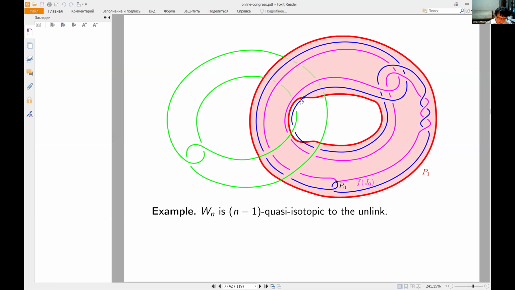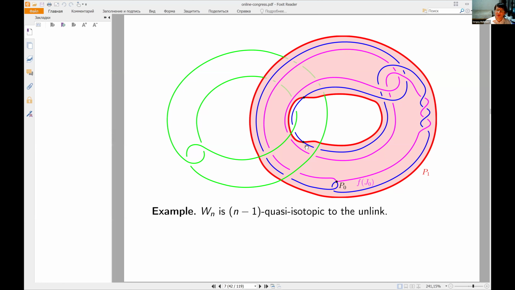So I leave a small arc out of it because I want to have arcs in my definition, and so this is why I'm leaving this small arc. So now this is P1,